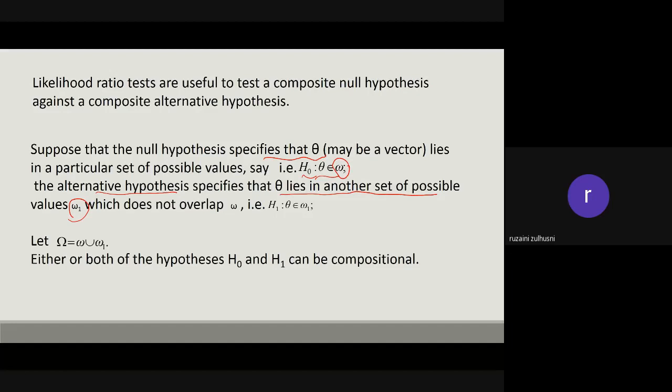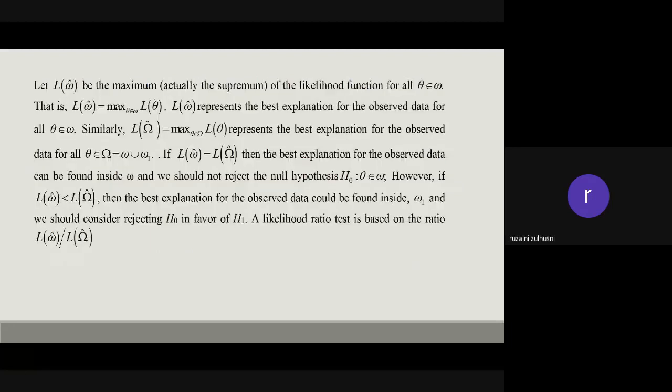Okay, so large omega is your sample space, we have small omega union with the alternative omega, its set. Okay, so either or both of the hypotheses H0 and H1 can be composite. Okay, one of them or both can be composite. Okay, that is for the likelihood ratio test. So for the likelihood ratio test, when we mention likelihood, it relates to the likelihood function, which you build from the joint